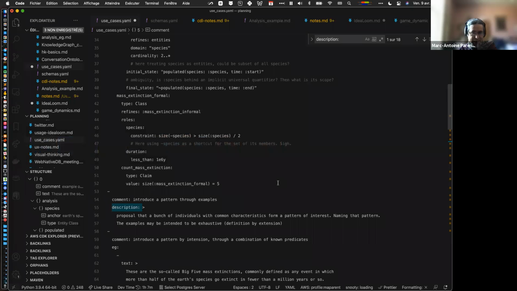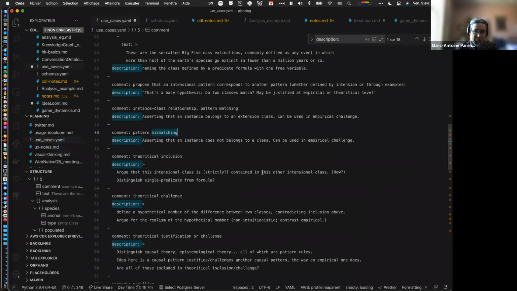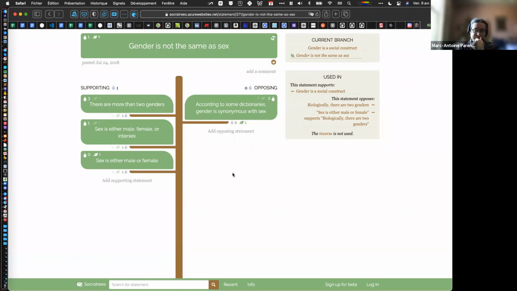But when I say a lot of arguments are about whether this theoretical category is included in that category as a matter of principle, this is exactly what this is about. Can we say that we can derive gender from sex or not? And the counterexamples are mostly empirical,